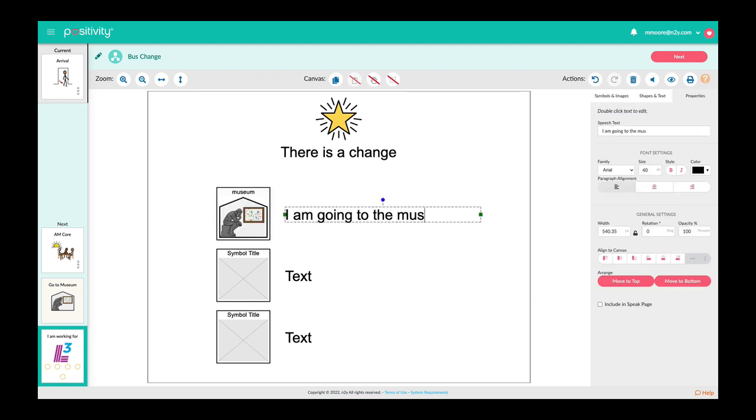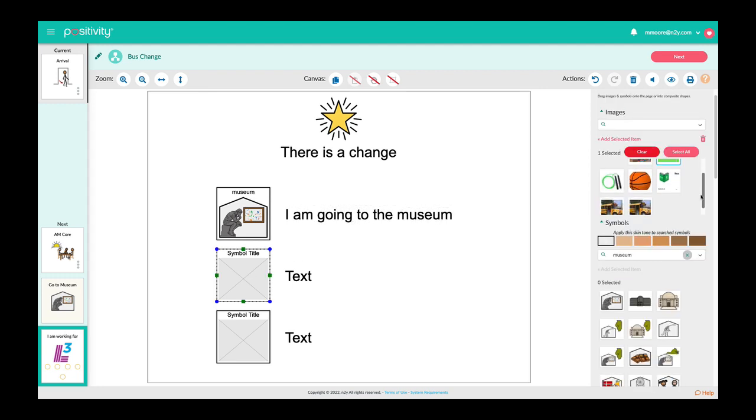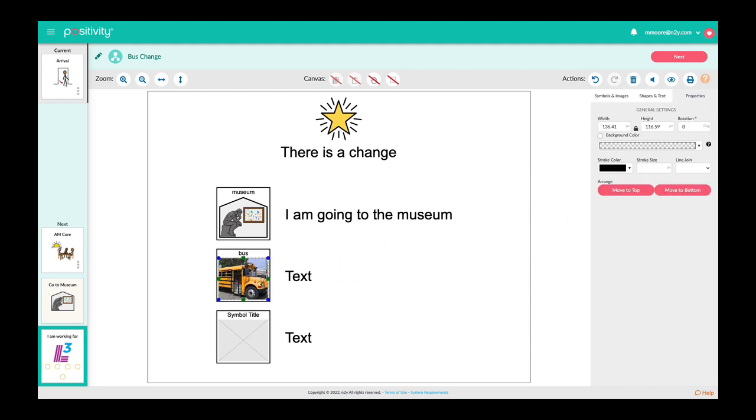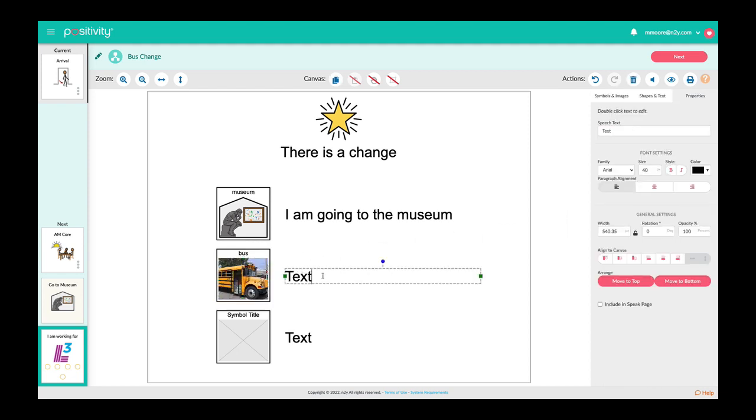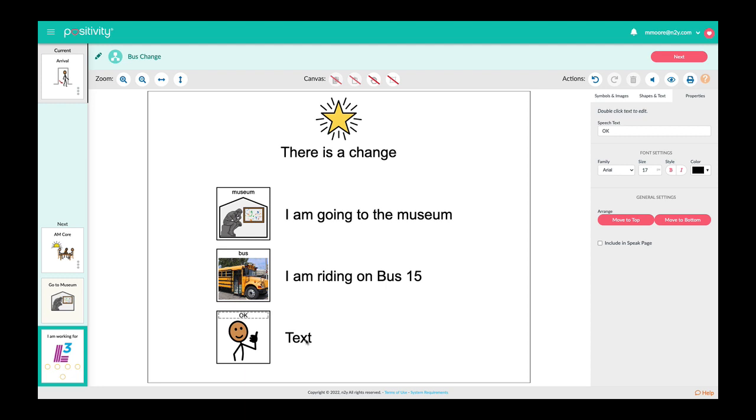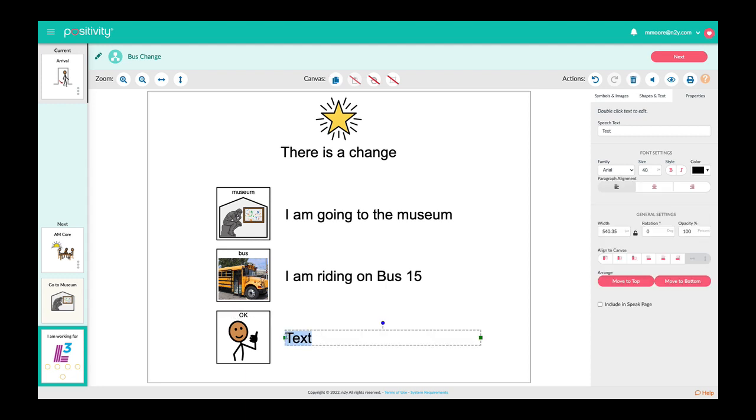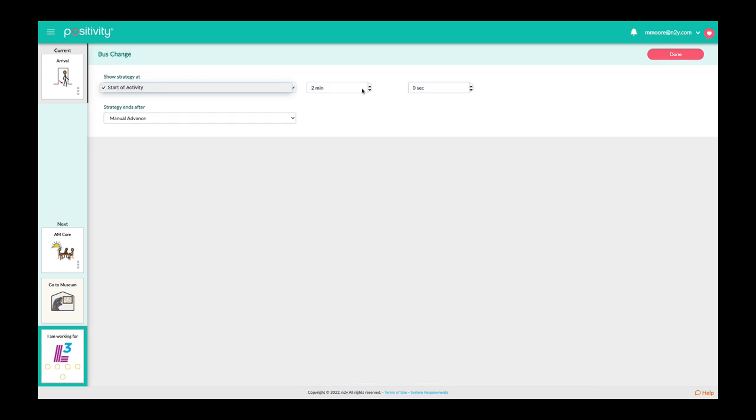and individual student needs. For this student, I'm going to add a real image of a bus with a number 15 on it in order to represent the change in the bus that he will be riding on for their field trip to the museum. I'm also going to add additional symbols and text to represent these changes and let him know that it's going to be okay. Once the strategy you have just created has been saved, you can then choose when you want